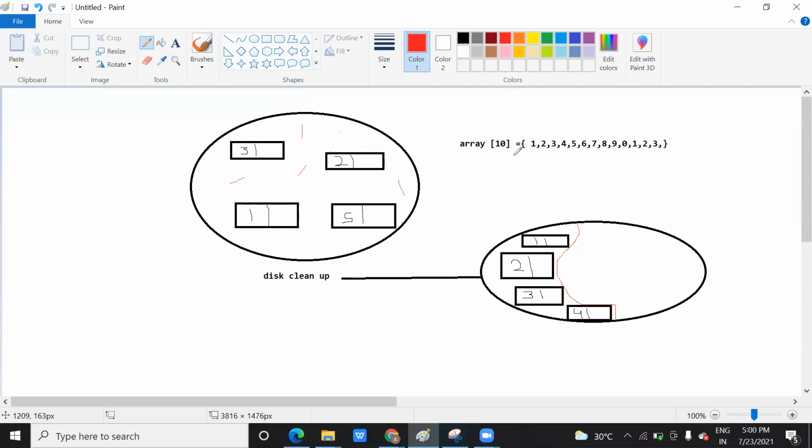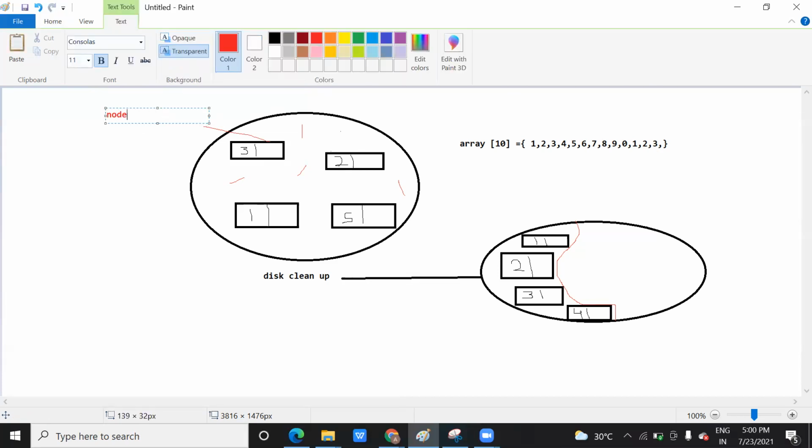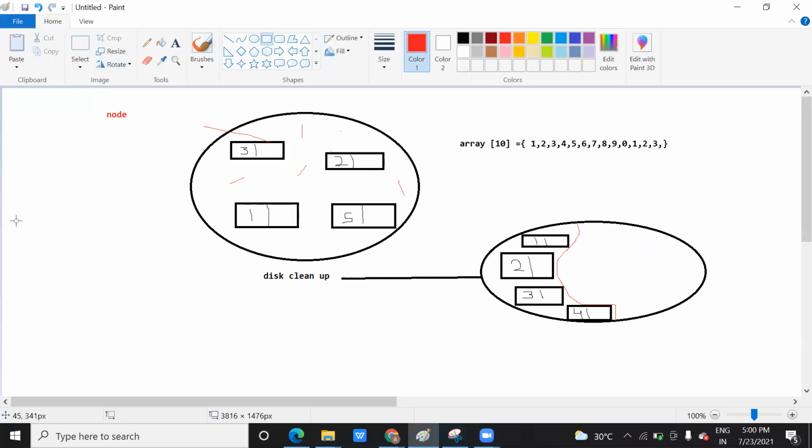In sequential memory, if you want to save a data or delete a data, it will take more time. But in linked list, what do you mean by linked list? In linked list, data are saved in the form of nodes. This square bracket is called a node. And each node, what do you mean by this? Each node is divided into two parts. Okay, your node has a structure like this.